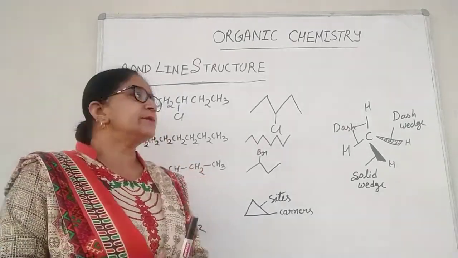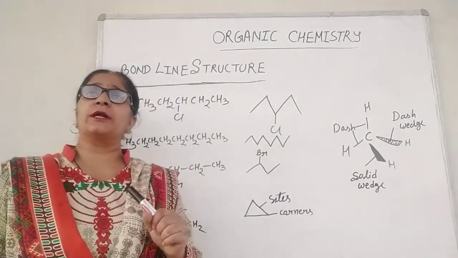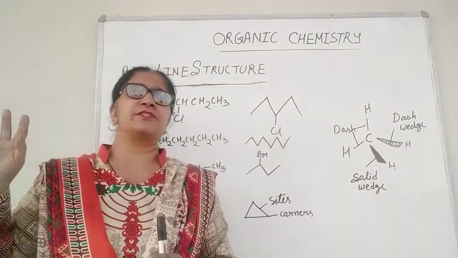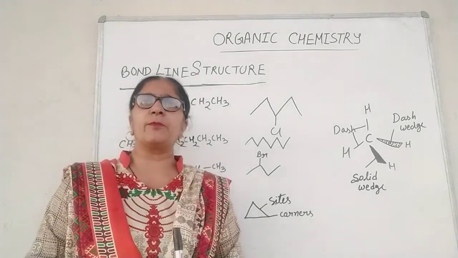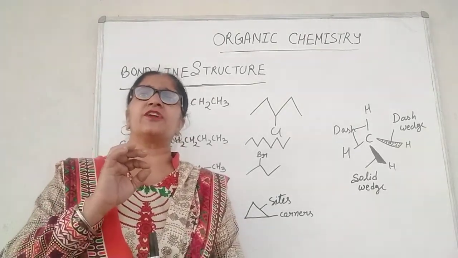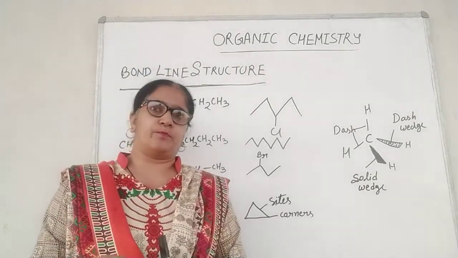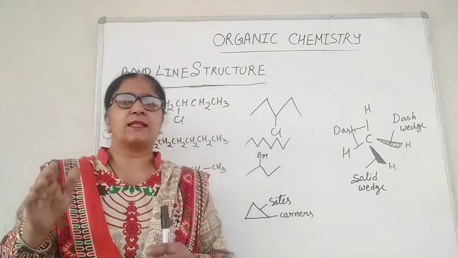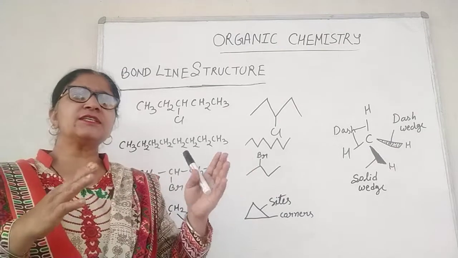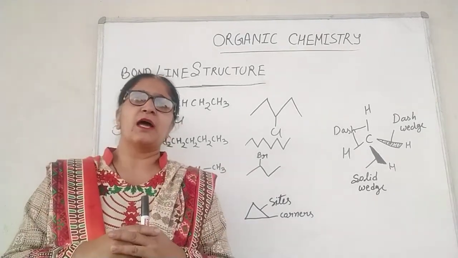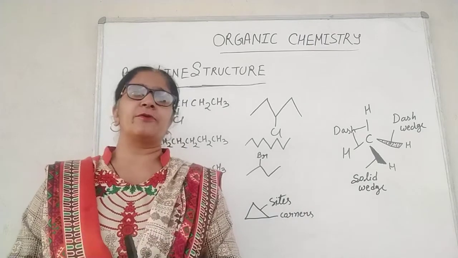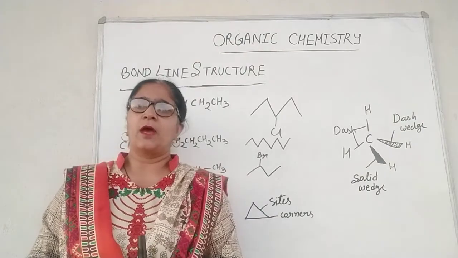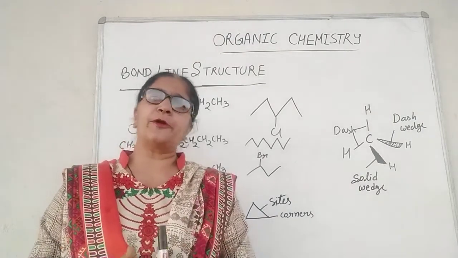In this method, carbon-carbon bonds are represented by lines drawn in zigzag fashion. Line terminals generally represent a methyl group if they don't have a functional group, whereas the line junctions represent the carbon atoms attached to the appropriate number of hydrogen atoms required to satisfy the valency of carbon. If any heteroatoms